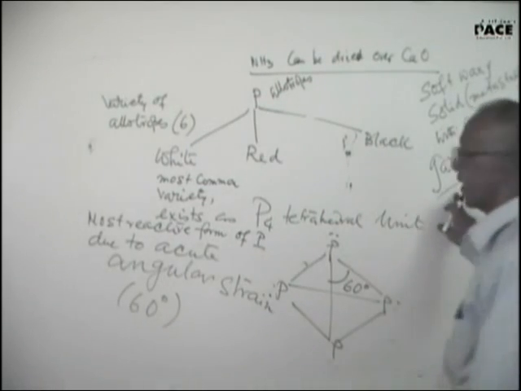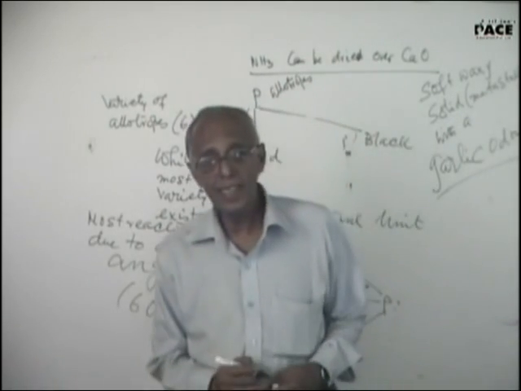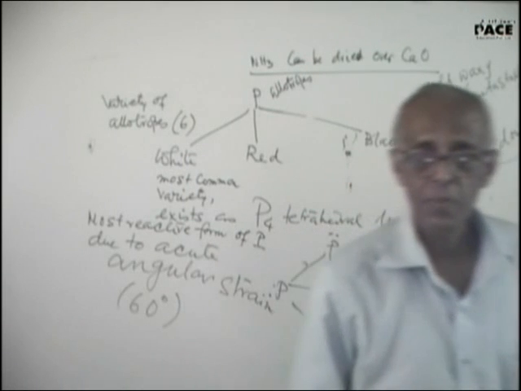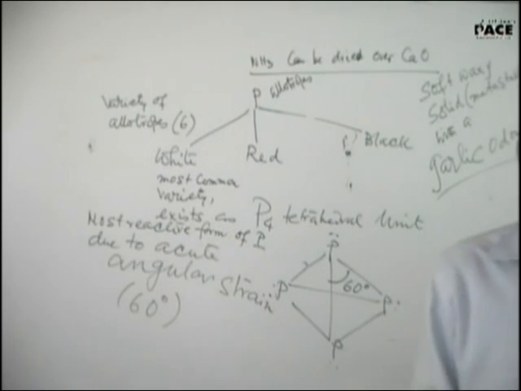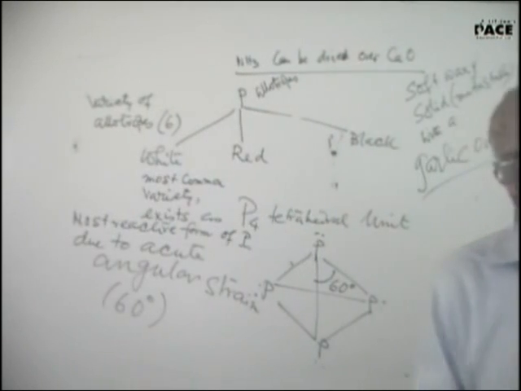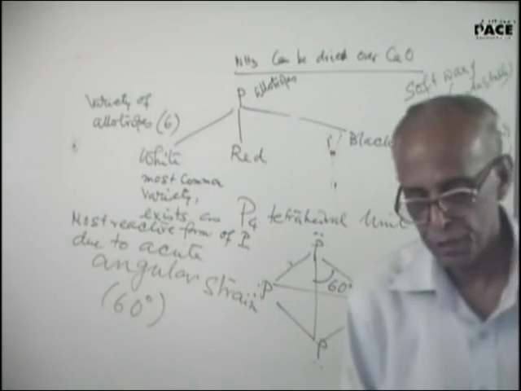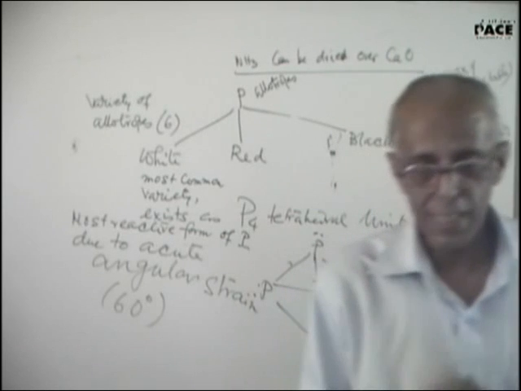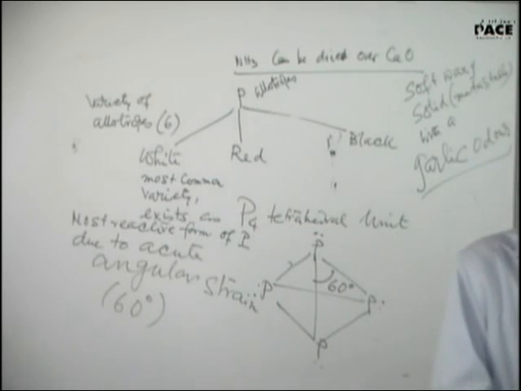Phosphorus has a garlic odor. It ignites in air. It burns in air if it is heated above 35 degrees Celsius, hence it is kept under water. It is insoluble in water